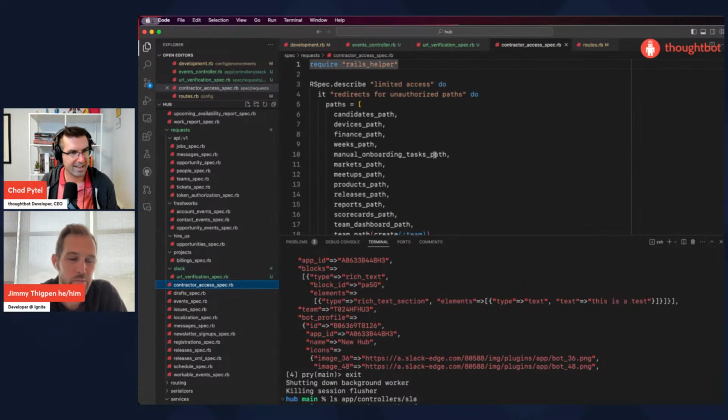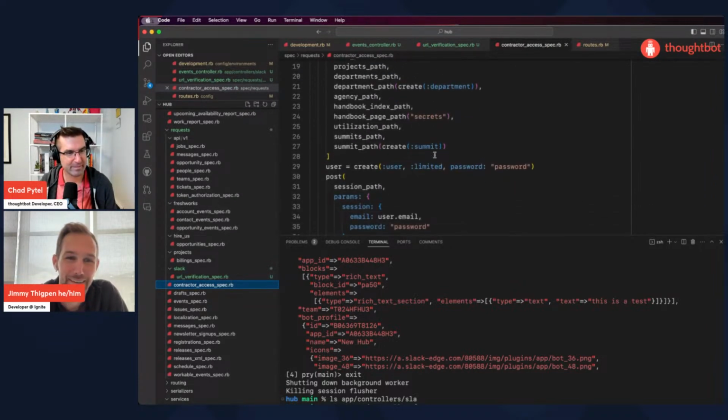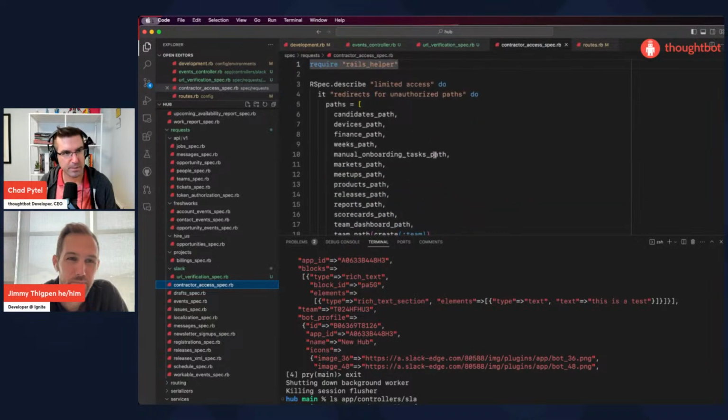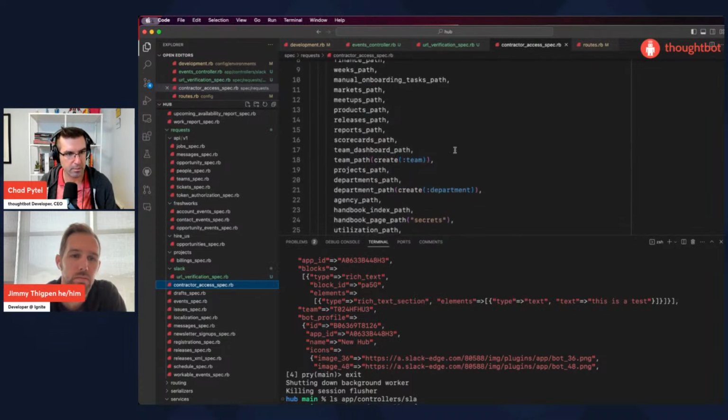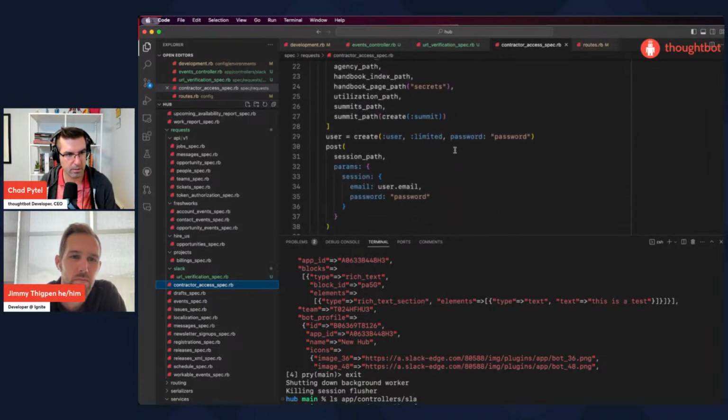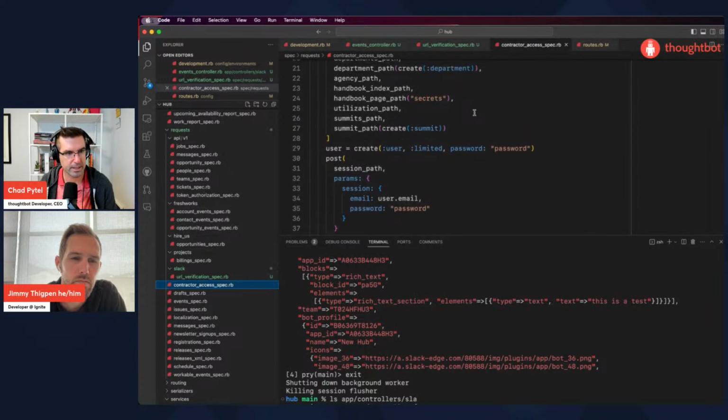Good. That makes me feel human. Yeah. So our spec knows that it's a request spec because it's in a requests directory. So we don't need to do anything in particular to get request spec stuff there. And then the syntax is going to be post with the path and then parameters as a hash.